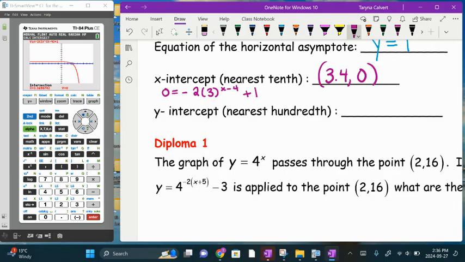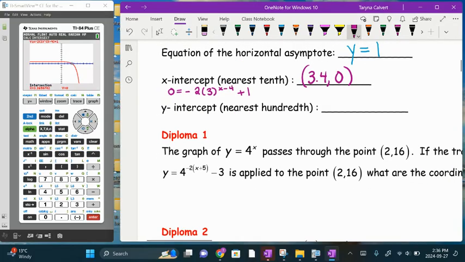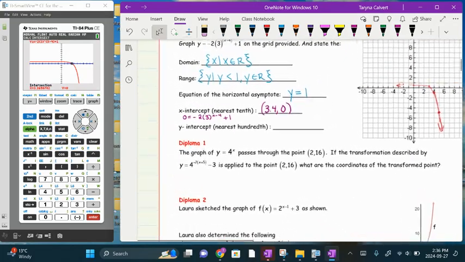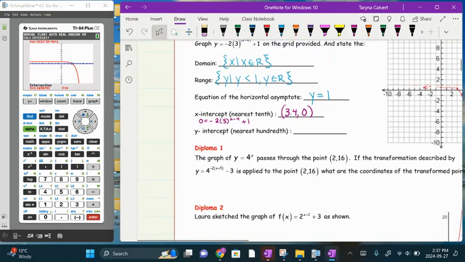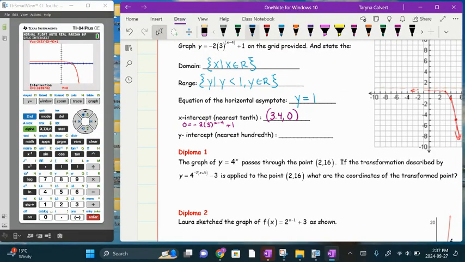And the other reason why I use intersection method, guys, is it continually reminds you how do you find an x-intercept? You let y equals 0, right? That is the algebra on how you would do it otherwise. Y-intercept, we let x equals 0. So again, yes, we can do it on the calculator. I will remind you how to do it on the calculator, but technically,